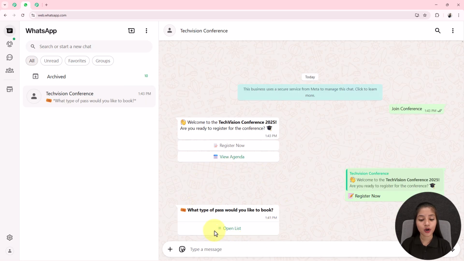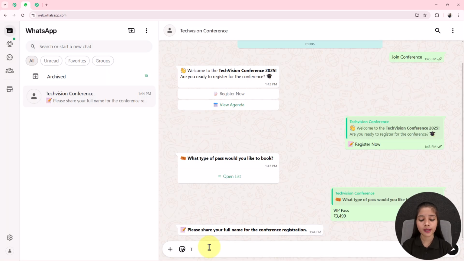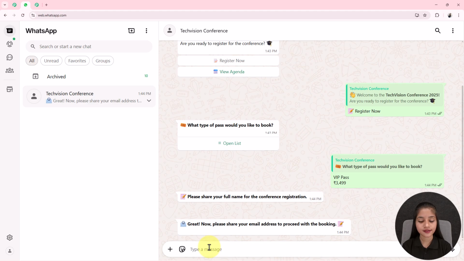Then you can see the bot responds to me like this: what type of pass would you like to book, while providing me one option in the form of a list. When I click on it, it provides me the types of passes, that is general pass, VIP pass and student pass. Here I am going with this VIP pass. Then it will ask me for my full name that I am going to send as test user. Then the email address,